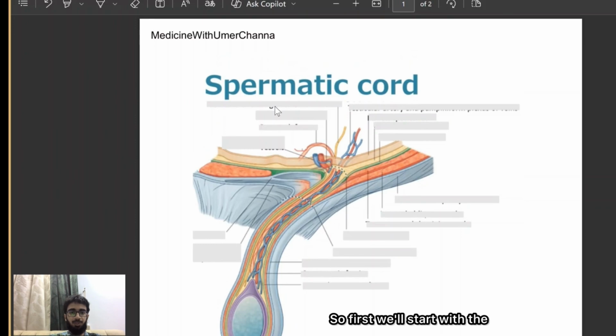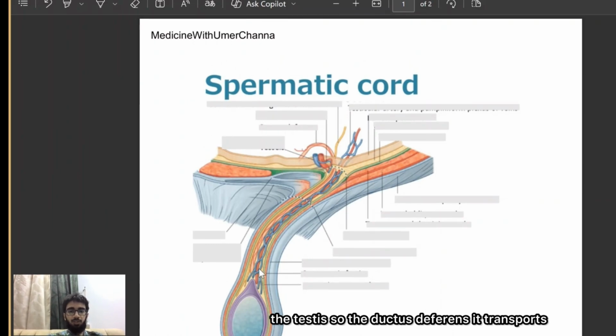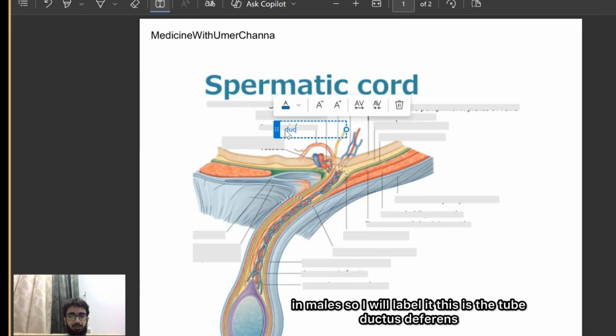So first, we'll start with the ductus deferens, which we also call the vas deferens, which is a muscular tube, basically, which transports the sperm from the epididymis. As you can see, the epididymis is here above the testis. So the ductus deferens transports the sperm into the urethra. So it's responsible for the process of ejaculation in males. So I will label it. This is the tube, ductus deferens,